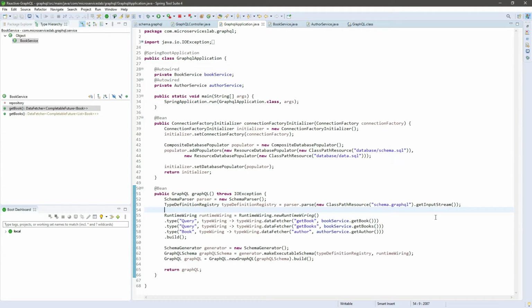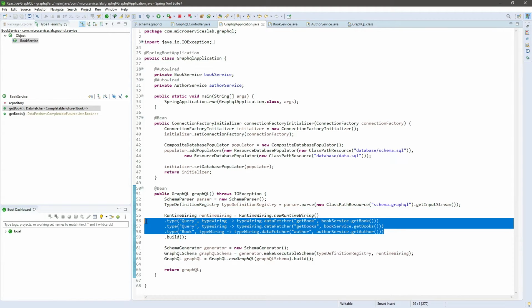So here, as mentioned earlier, in order to represent a linking between the operation and the data fetcher, or between the field and the data fetcher, we have to create an instance of type wiring. So here we have created 3 separate instances of type wiring.